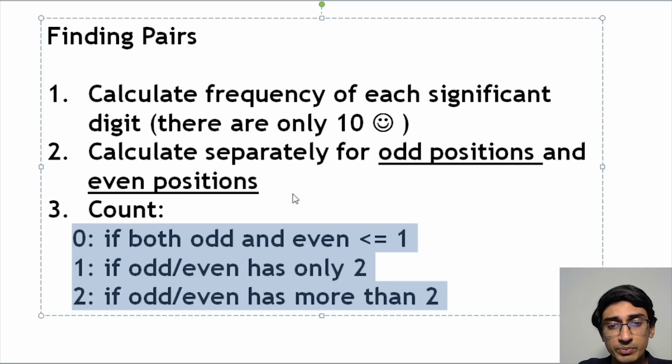So this is how the finding pairs part works, and let me show it to you in terms of the solution on how I ended up counting the pairs. I'm going to show this to you in Python because it looks a lot like pseudocode, but don't worry, it can be solved quite as easily in C++, in Java, and in C for that matter. Although I do advise that if you are a C student, then at least try to pick up some C++ because that has some better support for difficult questions. But again, this question can be solved in Java, C++ and C just as easily. So I'm just going to show you the Python example of how I've calculated this. So I'll just open it up.